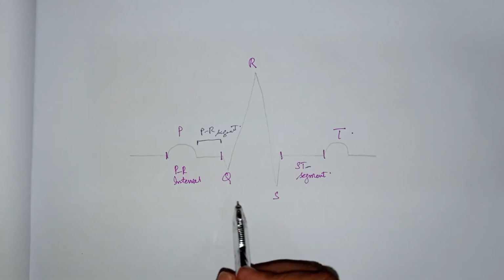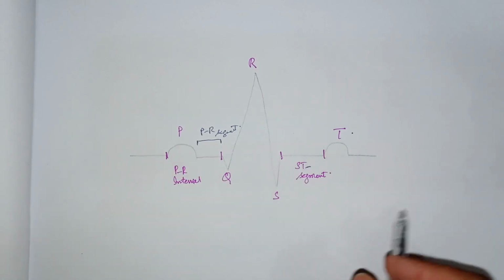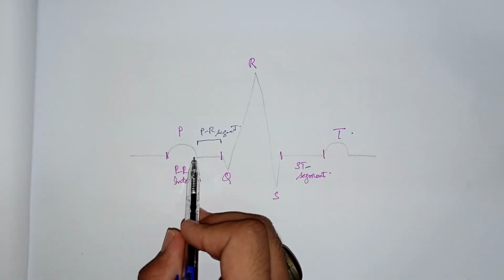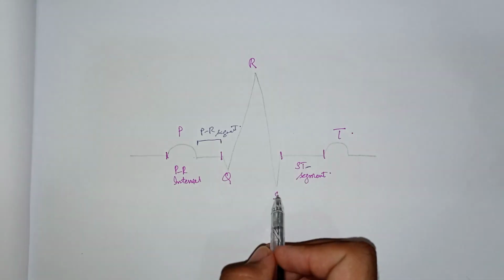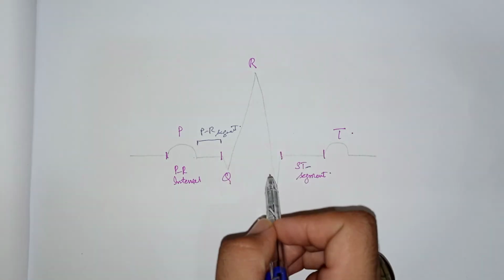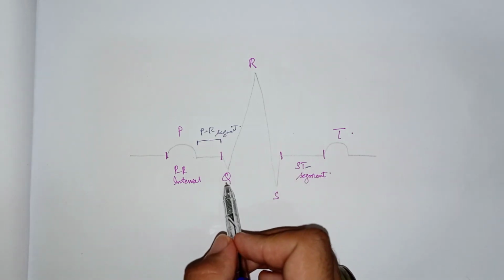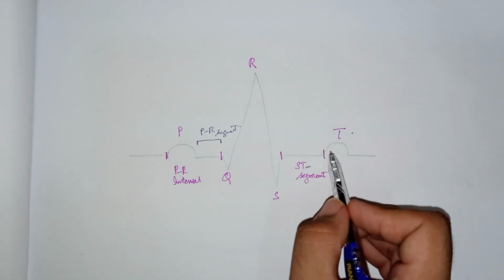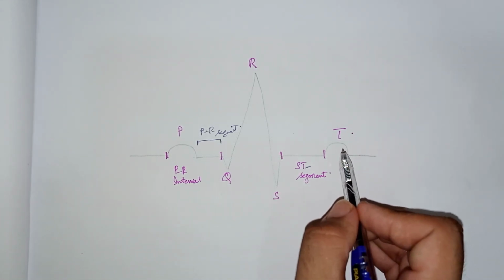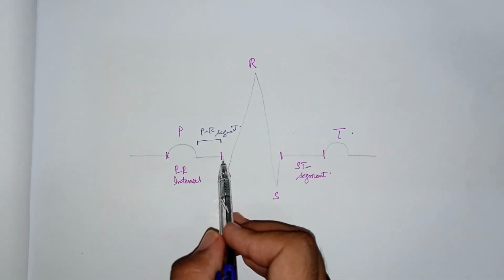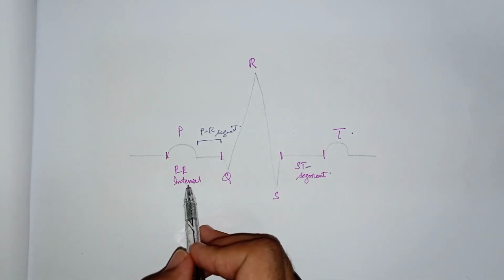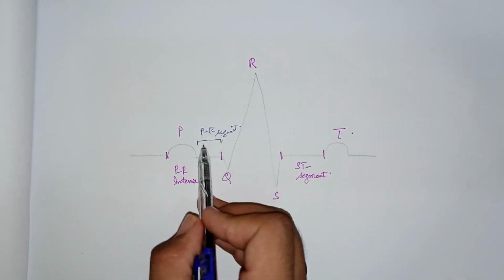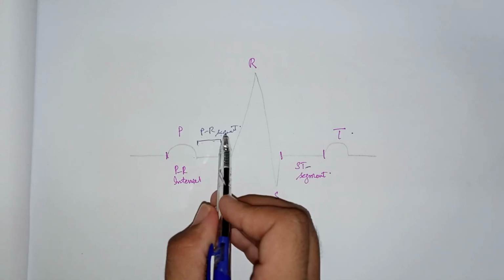Now a few basics about the ECG, how the normal pattern looks. The P wave represents the atrial depolarization, and the QRS complex, because of the more muscular wall or myocardium in the ventricles, shows the ventricular depolarization, and the T wave represents the ventricular repolarization. From the start of the P wave till the start of the Q wave, this is called the PR interval, and from the end of the P wave till the start of the Q wave, this is the PR segment. This is the isoelectric line, called the PR segment.